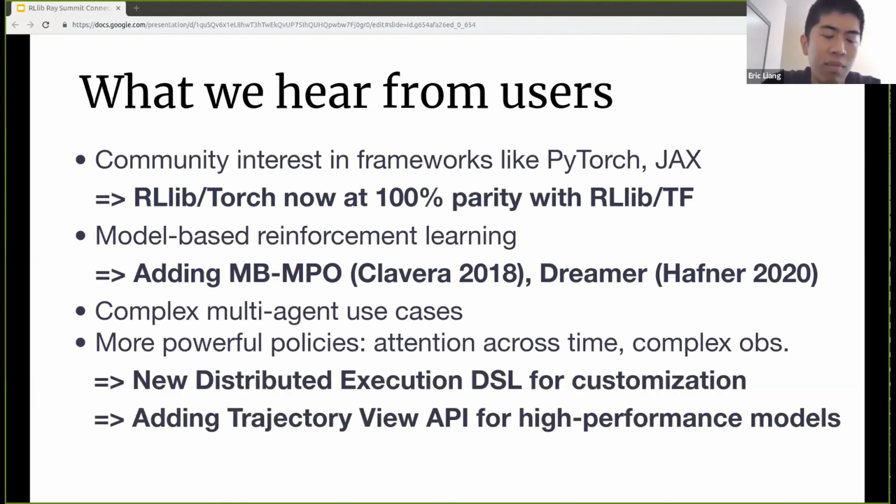To address the multi-agent and complex policy use cases, we're adding two new APIs. First is the distributed execution DSL I talked about earlier. We're also adding a trajectory view API, which will really enable high-performance models that not only look at the present state, but also look over the recent past to attend over time.